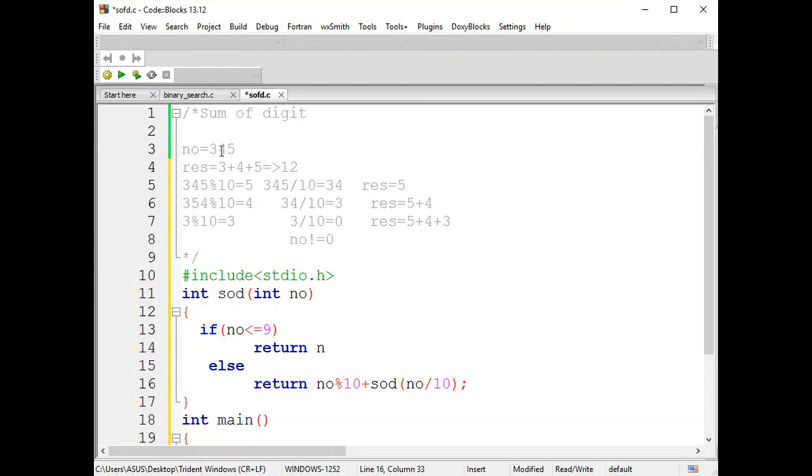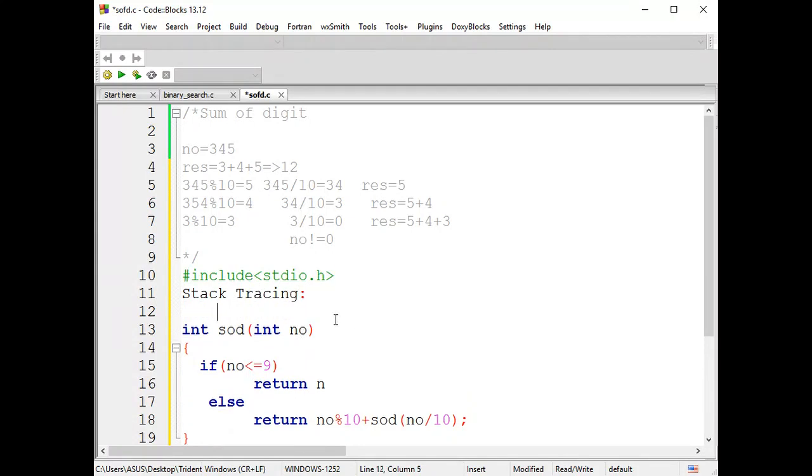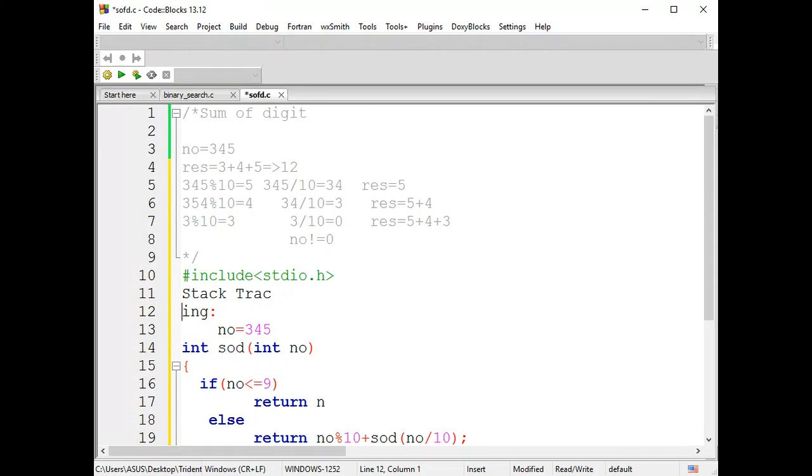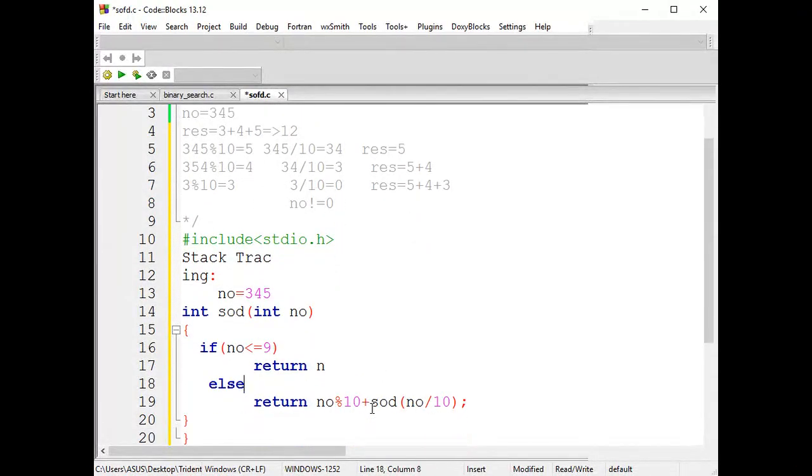The same process is written as a statement. Taking a number, you first do modulo of it to get the remainder. Along with the remainder, I'll have a function call. So we'll have a stack tracing here. It will be easy for you people to understand how it works in the recursion method. Initially, let us assume the number passed is the same number, 345. Just a minute, let me scroll a little down, guys. It will be easy for you to look at it.